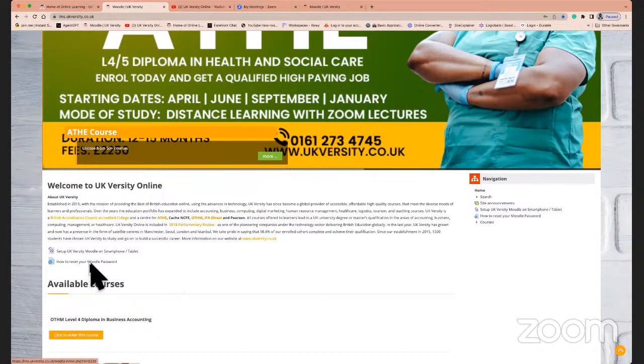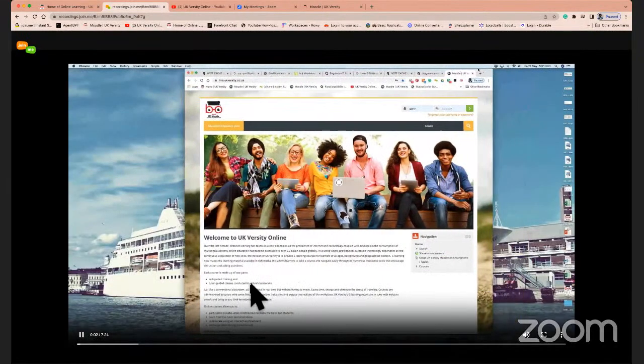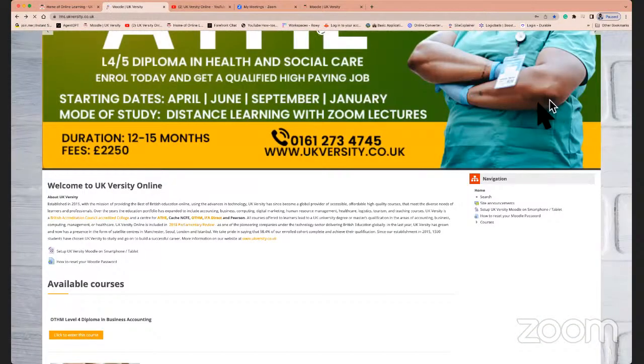If you are unable to reset your password for some reason, there's a detailed video. Sometimes you need to look at this because there are ways in which you can reset this, because sometimes it's the cookies on your system which need to be cleared. Sometimes we save a number of passwords, and that may interfere when you log in. But last but not least, on public machines, like in the college we have, learners sometimes come in and reset their username and password. What will generally happen is that you'll have a lot of passwords saved, and sometimes the system does not like that it has so many passwords saved.